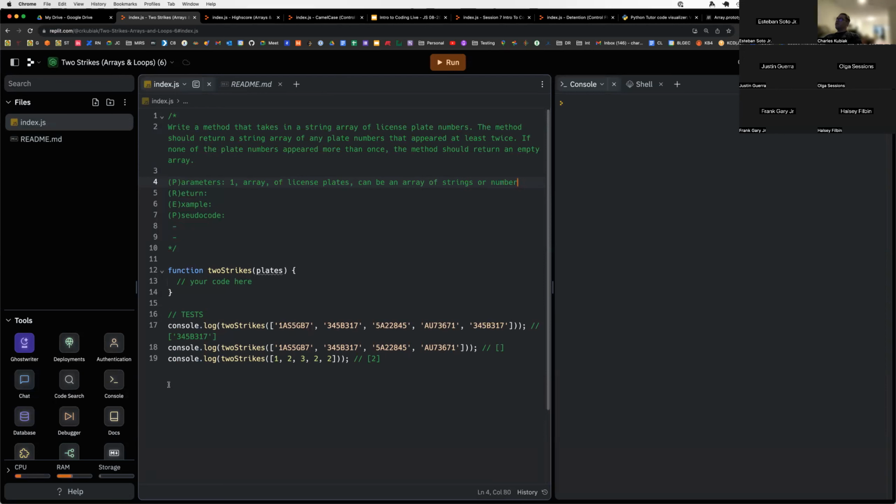Right, so this can be an array of strings or numbers. Notice these first two examples are strings. This last one is an array of numbers. And we are going to return one item, which is an array with all of the plates that have duplicates. All right. In example, we can say C below. And for pseudocode, we are going to say